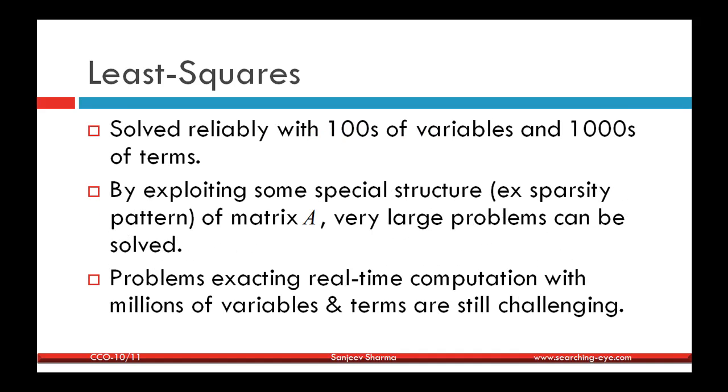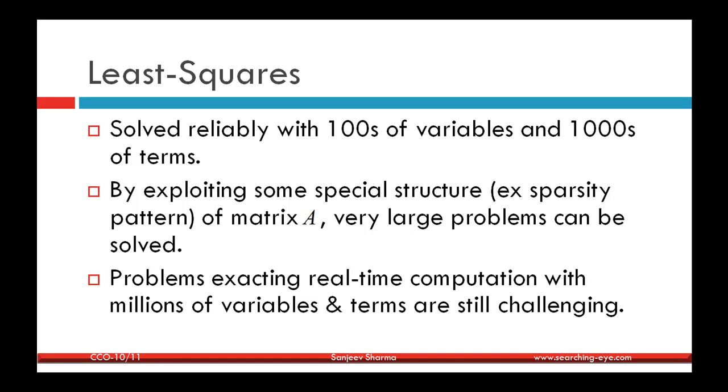There are three important points to discuss about least squares. The first is that these problems are readily solved with hundreds of variables and thousands of terms if we do not exploit any sparsity pattern or any special structure in the data matrix A. The second is that if we can exploit any special pattern such as a sparsity pattern in the data matrix A, then a very large problem can be solved very reliably and very efficiently. The third is that problems which demand real-time computation with millions of variables are still challenging,